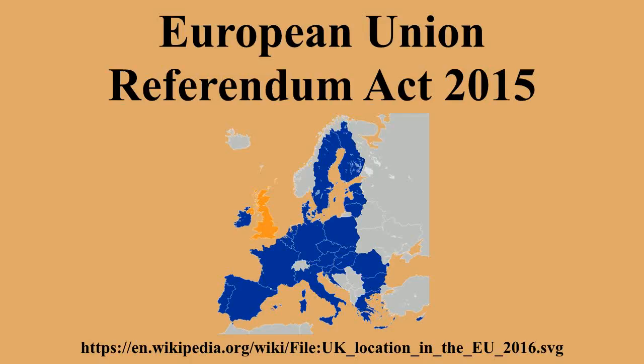Franchise. The right to vote in the referendum under the legislation applied to UK and Gibraltar residents who are British, Irish and Commonwealth citizens, in accordance with the provisions of the Representation of the People Act 1983 and the Representation of the People Act 2000. Members of the House of Lords were able to vote in the referendum. UK residents who are citizens of other EU countries were not allowed to vote unless they were citizens of Ireland, Malta or Cyprus. The same acts permitted UK nationals who had lived overseas for less than 15 years to vote.